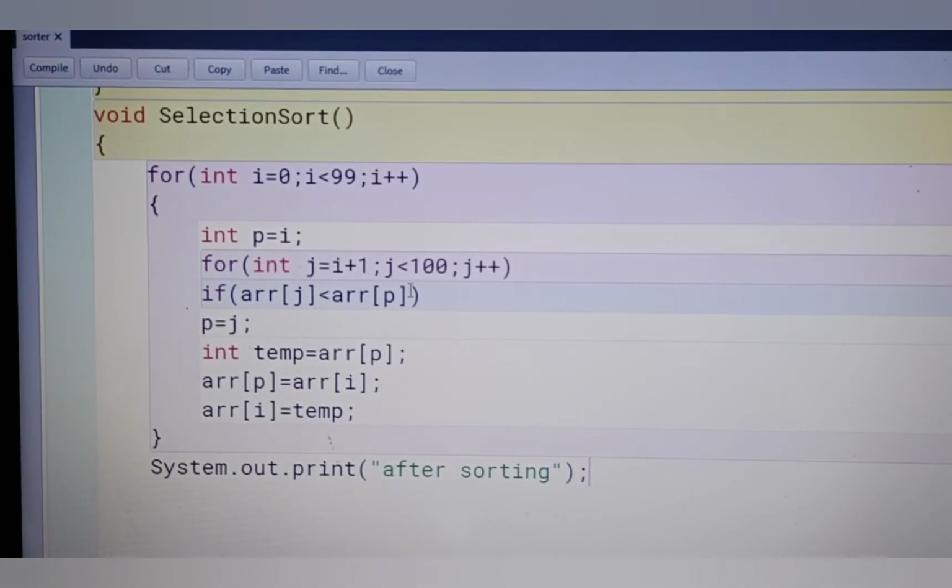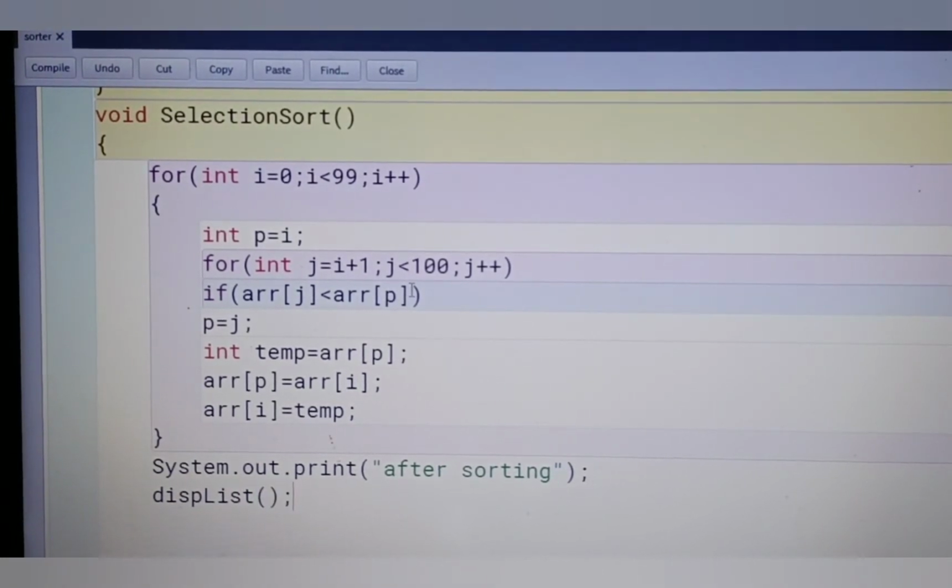Then we call the method dispList. So after the selectionSort logic we call this method to display the sorted array. Clear? After this, close the method selectionSort.